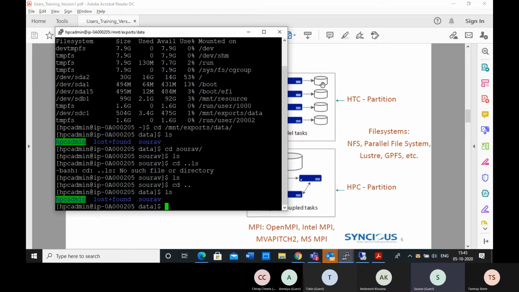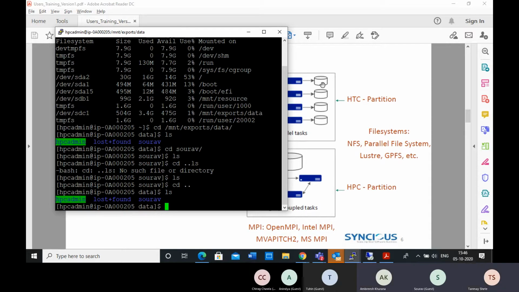That gives you the lowest latency and it will not slow things down. But once the job finishes, because of auto scale, the cloud will turn off your VM. Before that happens, you need to get that data and transfer it to MNT exports data. Otherwise, you will lose that data.